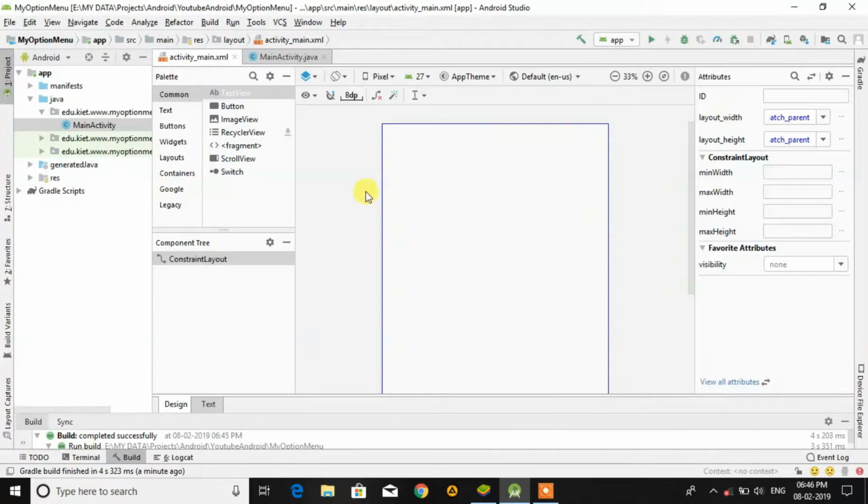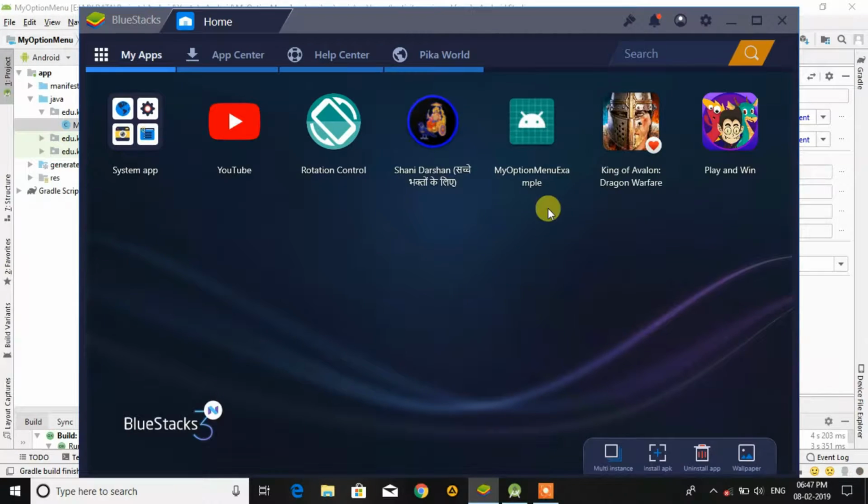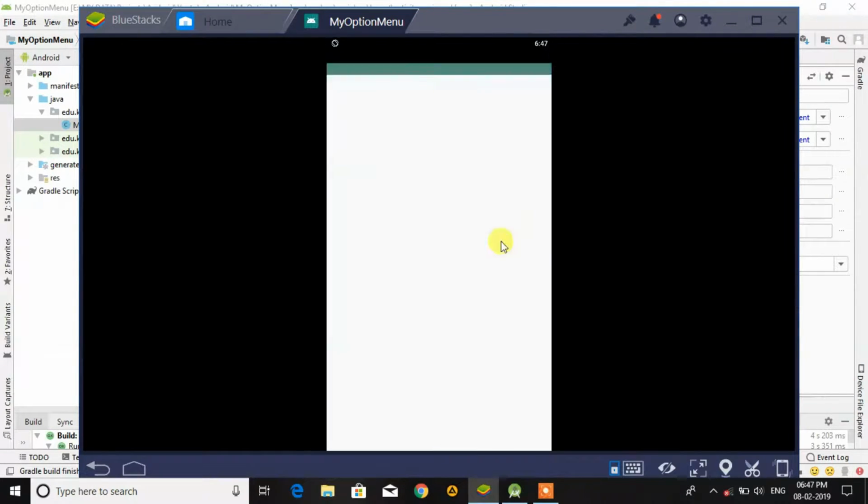Today in an Android learning series, we are going to learn how to create an option menu. As we know, when we run an application, at the corner we have the option menu. For example, when you click on this dot, it shows some options or menu items, and when you click, it responds. So this kind of application we are going to make. How to add a search option here, how can we add the option menu in your application.